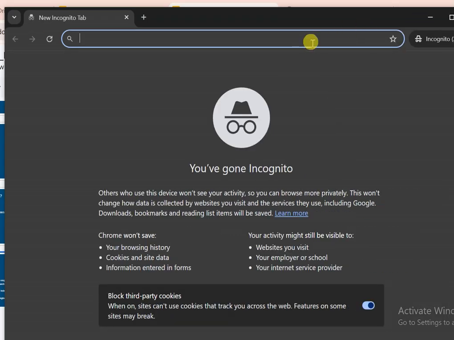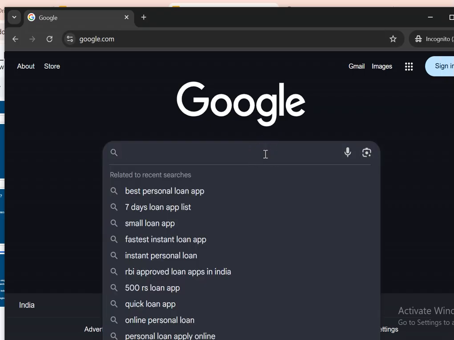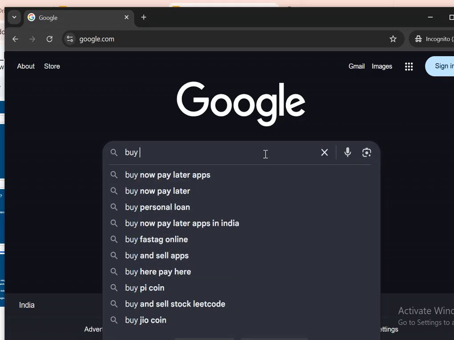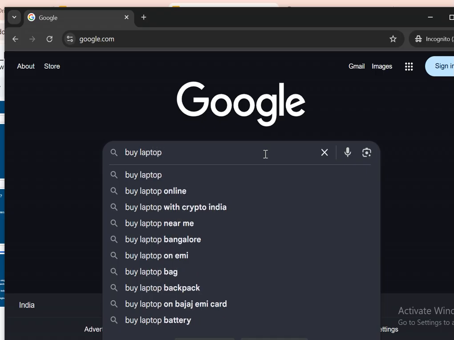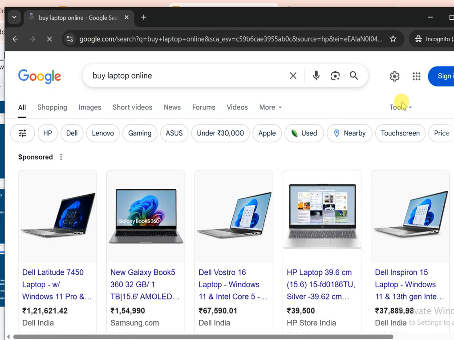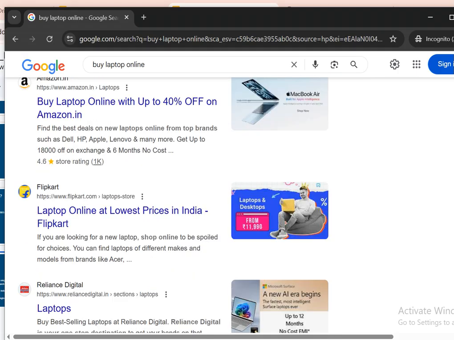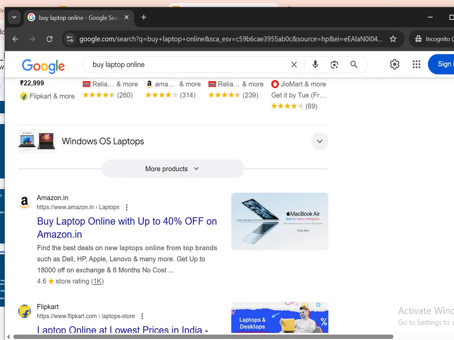So this is the Google search engine, when we type something like "laptop", here results are coming. So this is the SERP.